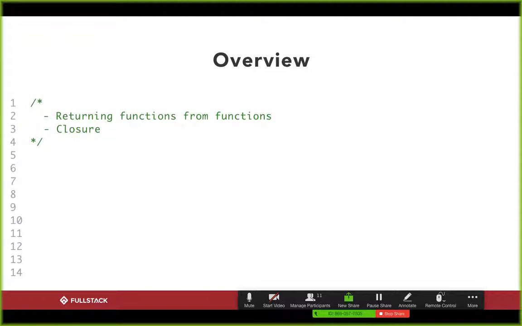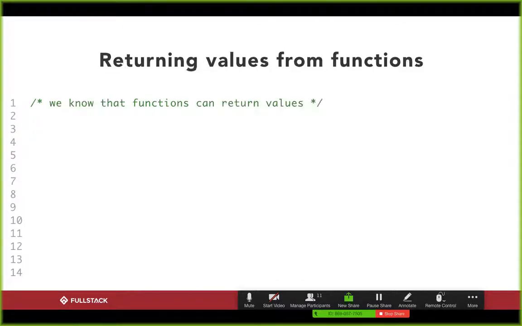In the last workshop, all the functions that we made essentially returned values. They might have console logged something, but they've all been focused on returning other types of values. Now we're going to go into more depth: if we can pass functions into other functions, there's nothing that prevents us from returning functions out of functions. So today in this lesson, we're going to talk a lot about why we want to return functions out